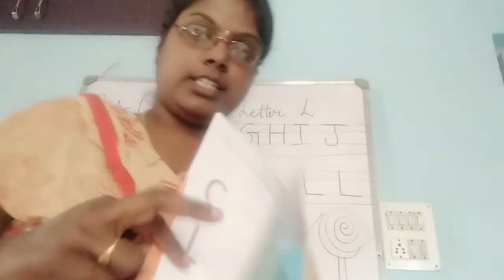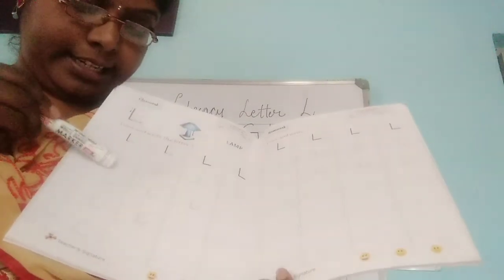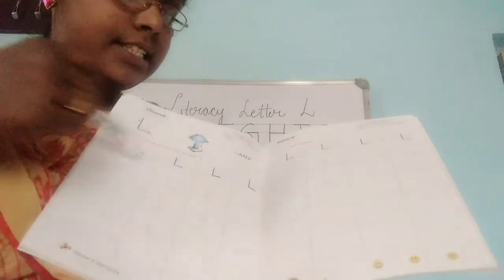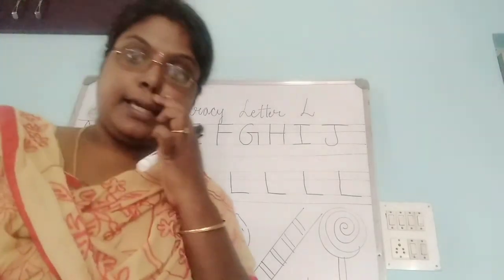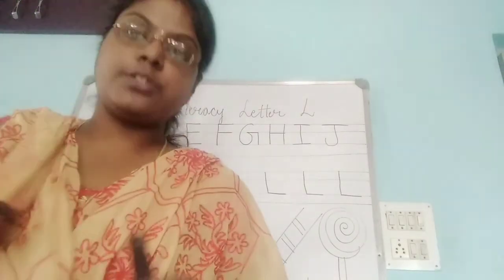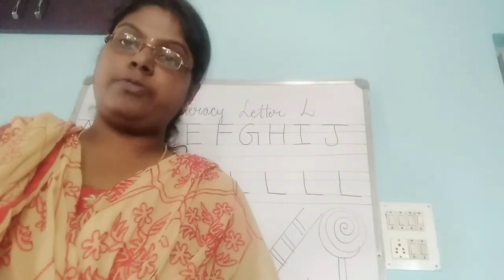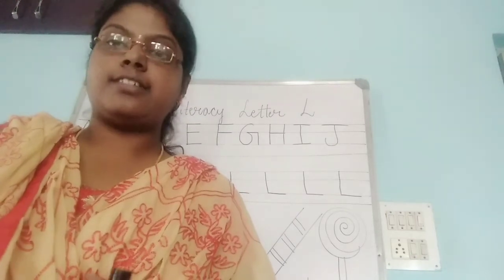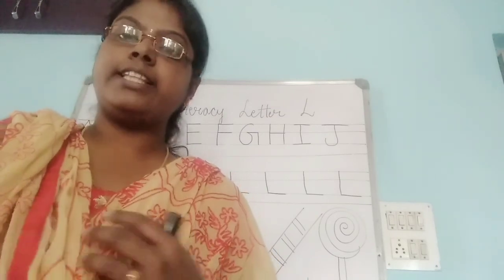Okay, so this is the activity in Smart Learners book number 4, and in your My Skill book it is page number 47. Practice L. Standing line, sleeping line. You need to practice these 2 pages. Okay, so today we have done the revision A to J and 2 letters K and L. So dear parents, make your child practice these letters and become thorough along with the objects and the related exercise. So they can finish the related exercise whenever they are free and when they wish to do the activities.